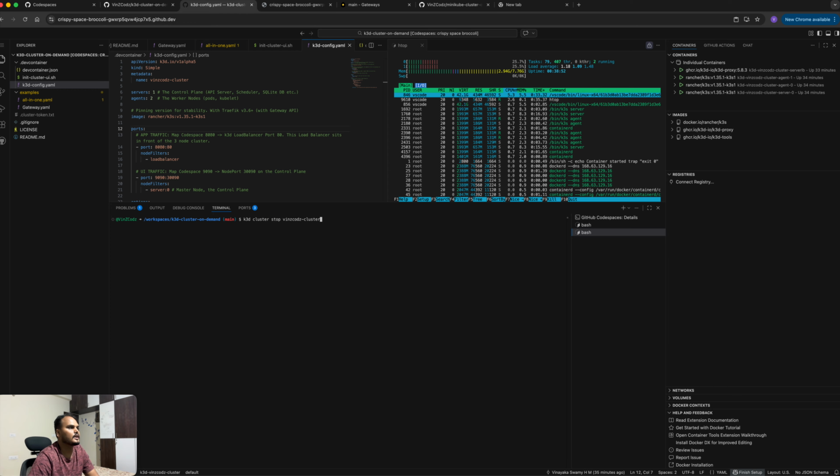So K3d cluster stop will literally stop all these containers. One by one, it'll keep on stopping these containers. You can also go here, right click and say stop one by one, or you can restart. At some point what happens is that